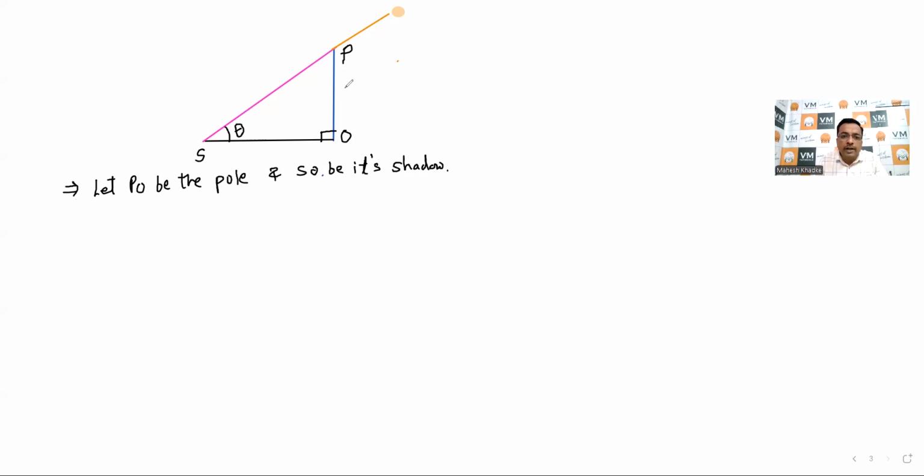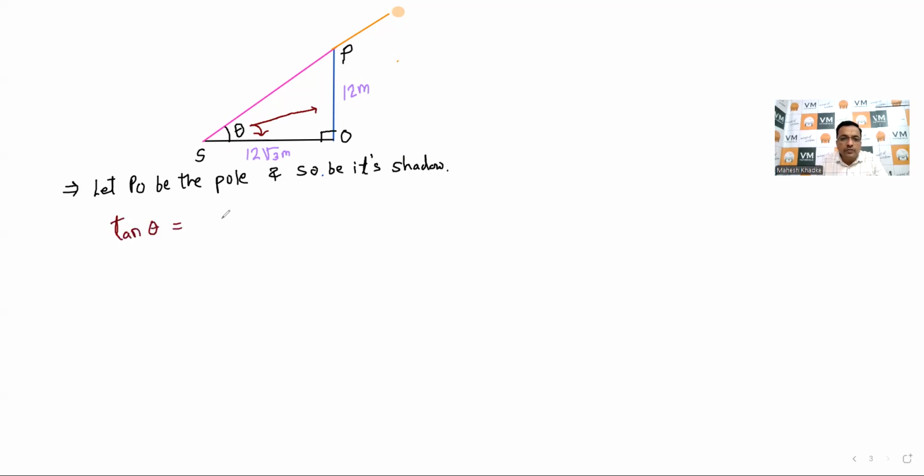So the height of the vertical pole is 12 meter and its shadow is 12 root 3 meter. Again students, what is given? Always you have to compare, या तुम्हें चेक करना है the relation between the angle and the given sides. सो ये एंगल के अपोजिट is given as well as adjacent is given. एंड अपोजिट एंड एडजेसेंट किस में आता है? tan में आता है. सो जस्ट टेक tan